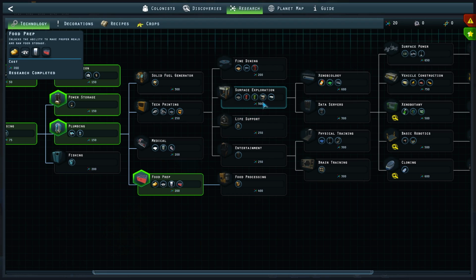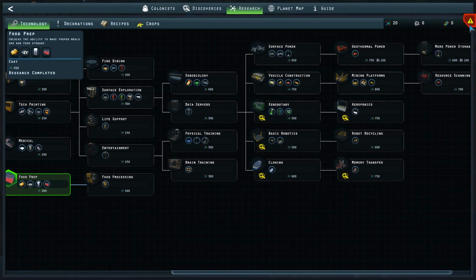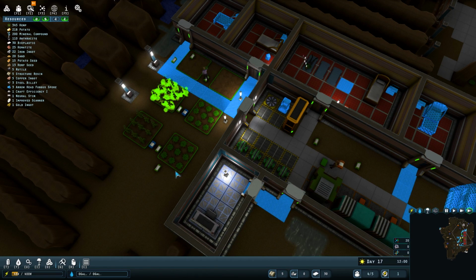But the surface is here, and then that means there's all this other stuff. Because I believe what happens is once you've built this base, you now have this planet map opening up. So this is where we are, and you'll be able to see underneath here. There's all these other things to explore. So not only is this...